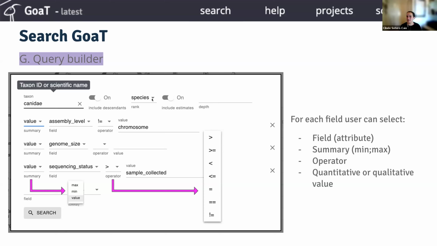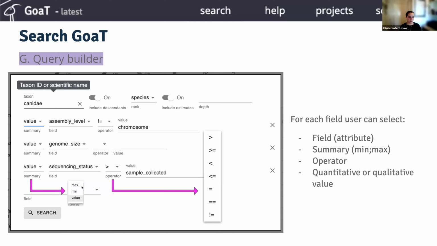So this is much easier than typing in the search box: candidate, tax name, candidate, tax rank, species. If you just come here, type those and hit update, it's going to create the table for you. And it's nice here because you have all of the options pre-filled in drop-downs for you. So for value, we have the actual value that we want to restrict the search on.